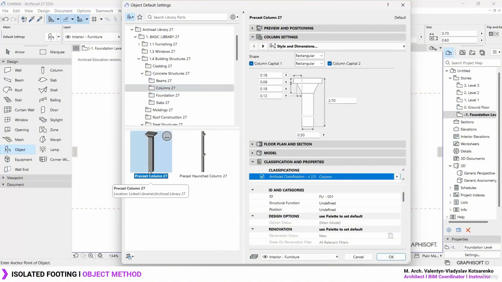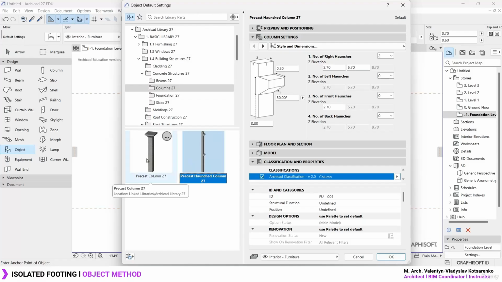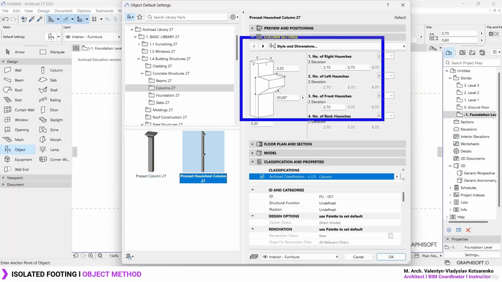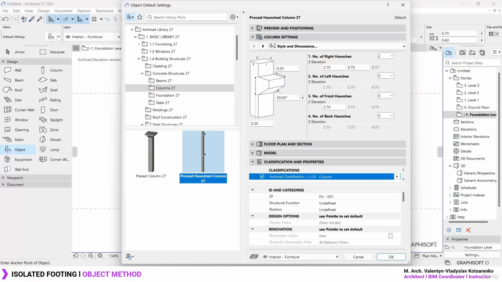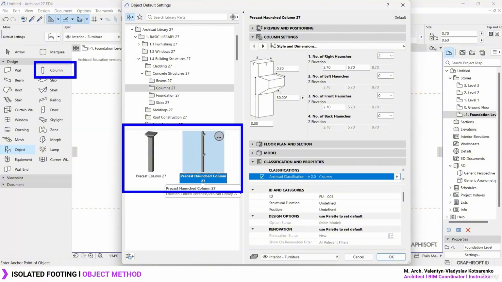As you can see, we also have the possibility to create a precasted or prefabricated type of column with the use of these objects, which are extremely parametric. It's just a matter of messing around with the numbers, with the parameters. So this is also another possibility that you can use instead of the column tool, which was quite useful before